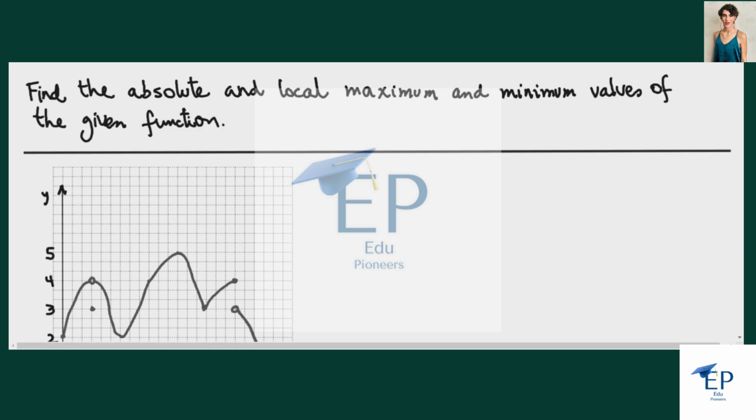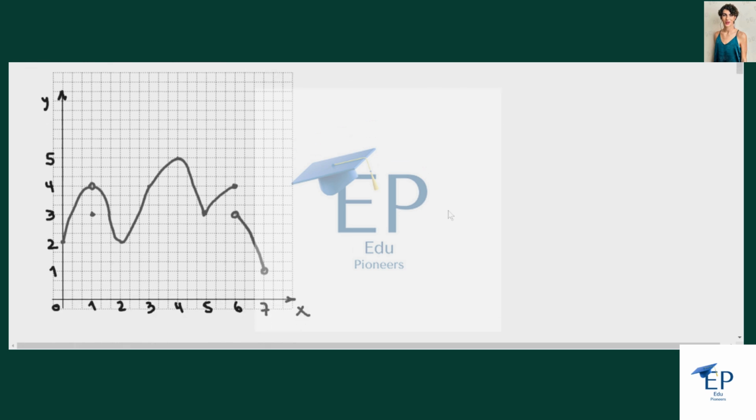We want to find the absolute and local maximum and minimum values of the given function. In this case, a function is given through a graph like this. This is a sketch of the graph given in the textbook, but we have preserved the essential properties of the function. So we have those